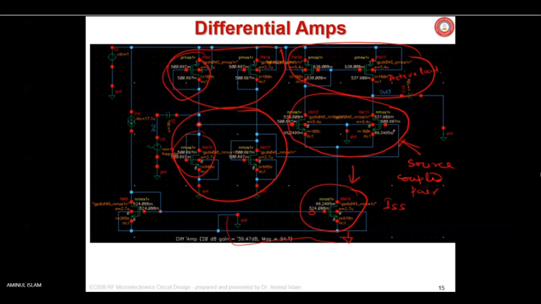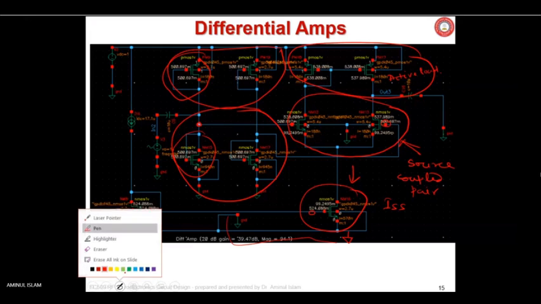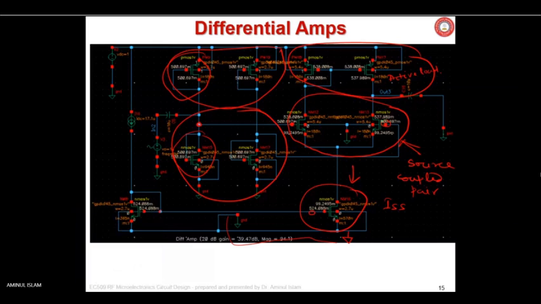Same thing for this one, biasing the other transistor on this right side. What did you do? See, this comes here and it is tapped from this node. It is also doing the same voltage division, and with that voltage division, we have biased it. If you look carefully at this, I don't know whether you are able to see it or not, because on your computer it may not be clearly visible.